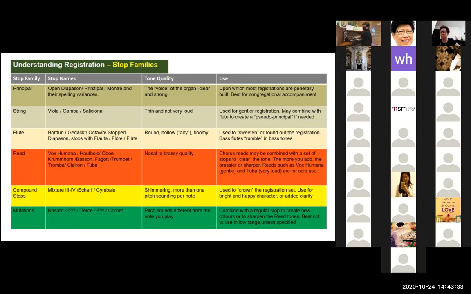If your principal chorus is too strong, I can add flute to make it fatter. I don't know if you can hear, but flutes fatten the sound. So don't accompany the congregation with flutes only. Use principals, and if you find it too sharp sounding, you add flutes to temper the sound into rounder